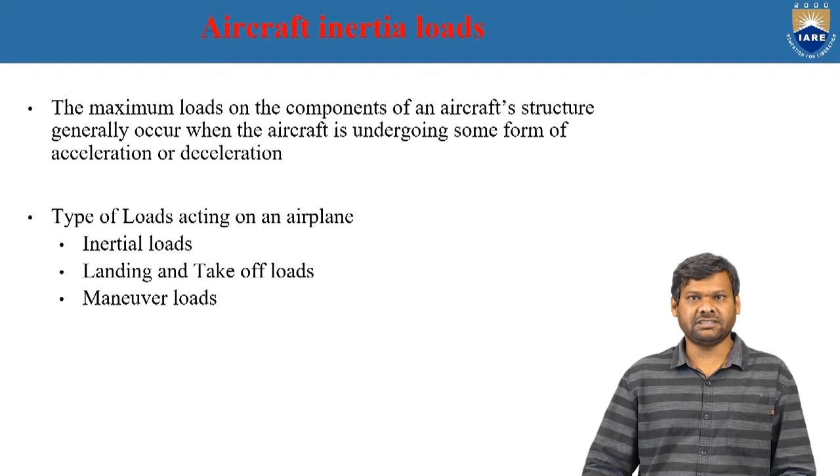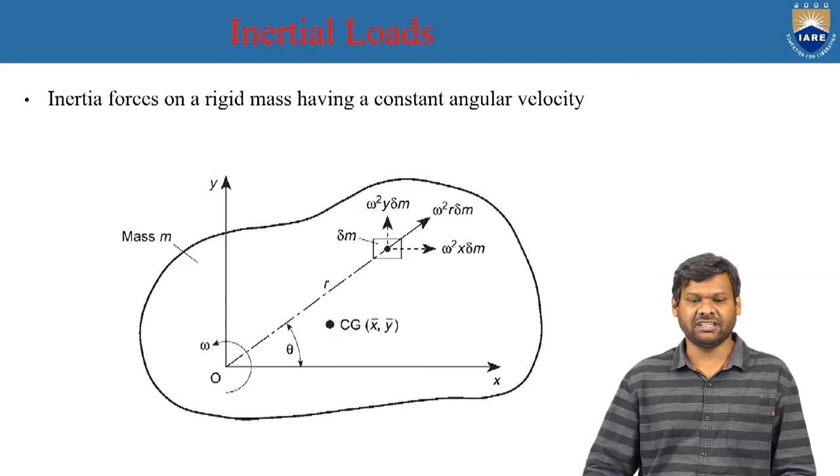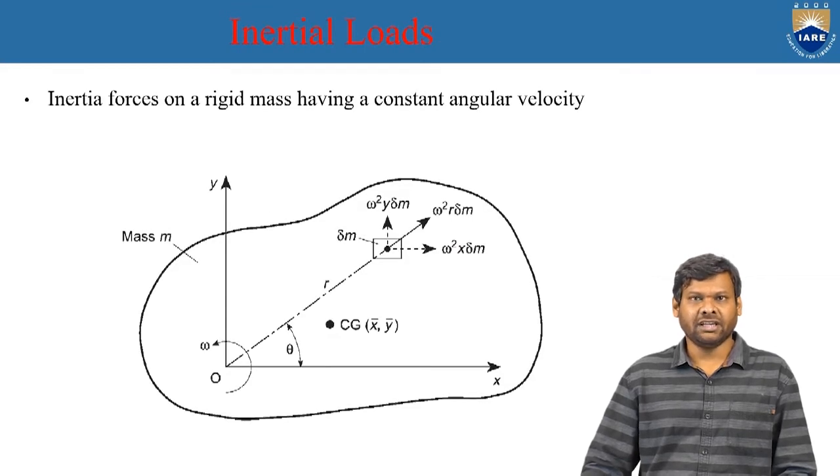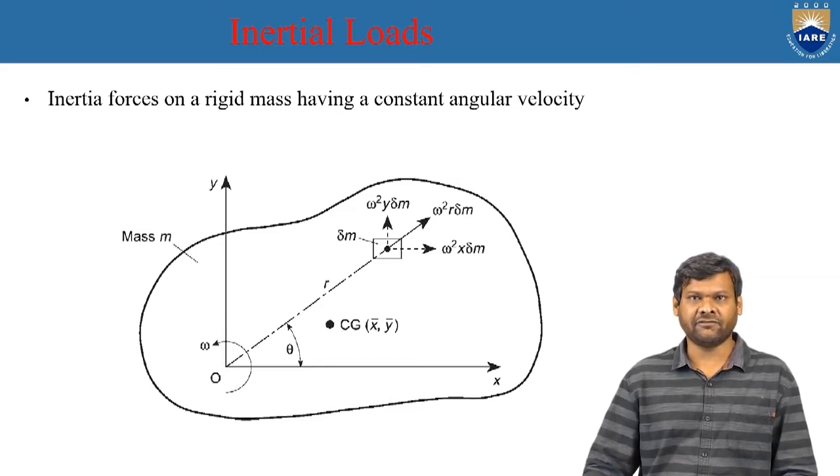When an aircraft is changing its acceleration, or it is moving fast or slow, the force which is generated in the aircraft is called the inertial load. The maneuvering loads occur when the aircraft turns, climbs up or climbs down, or deviates in some other way from normal flight conditions. Okay, in order to understand the inertial loads, let us consider an aircraft as a rigid